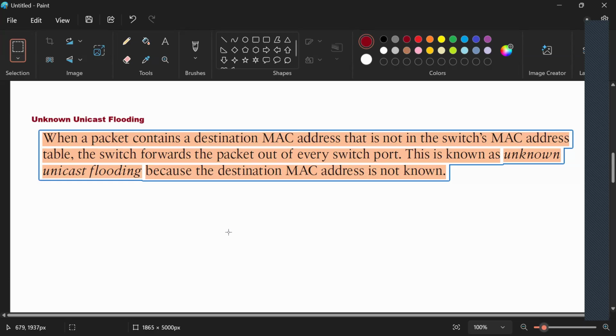Sir, how will PC1 know the destination MAC address? If the connection is not already established, PC1 has the source IP and source MAC already. How will that PC know the destination MAC? Okay.